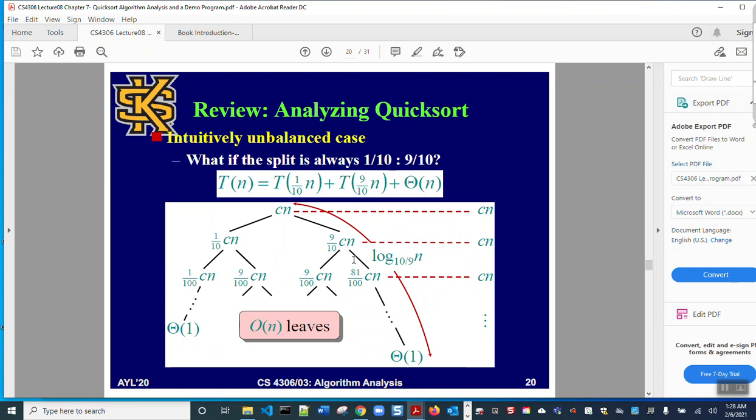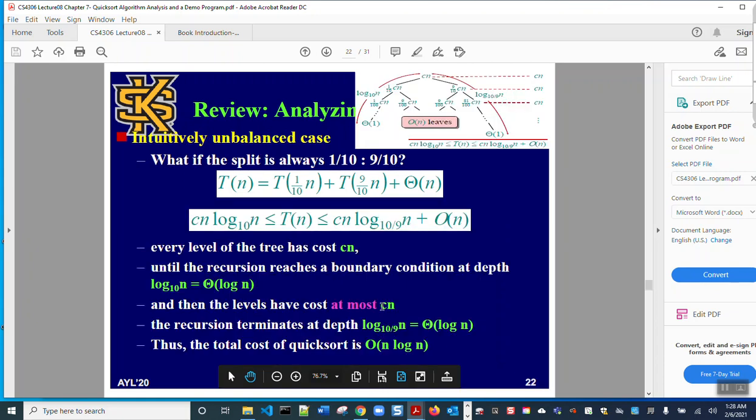Okay, so here, for instance, this is for an unbalanced case. For instance, one side has 1/10 of the elements, and another side has 9/10 of the elements. So that will be an unbalanced situation or partition. In that case, we know that